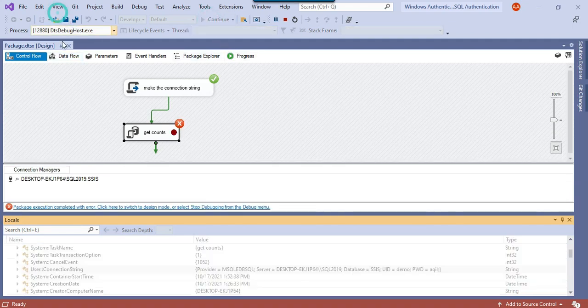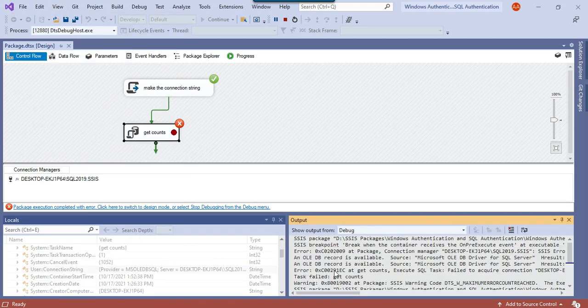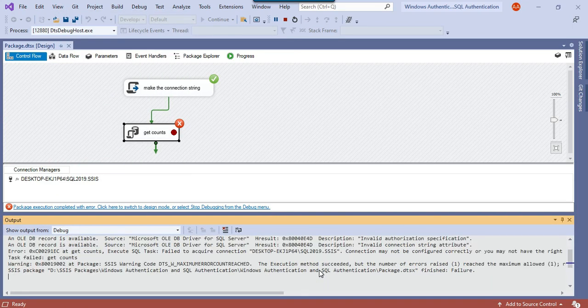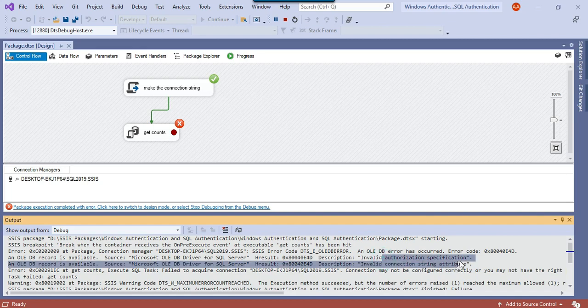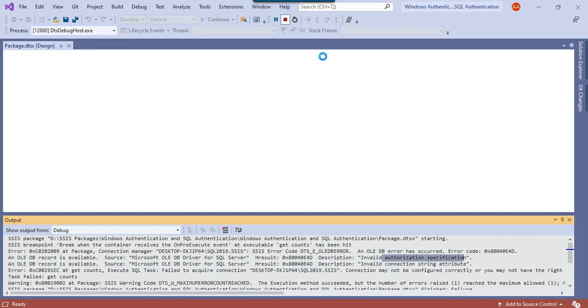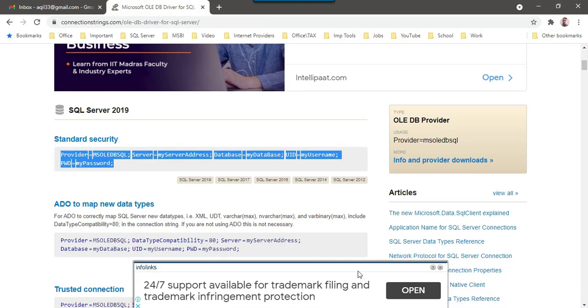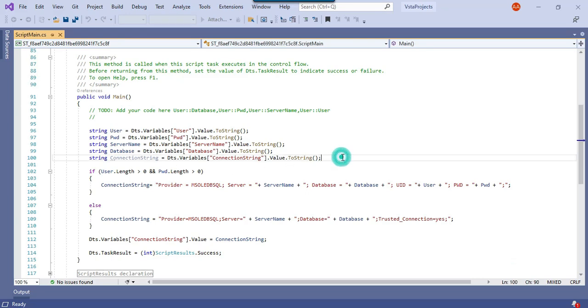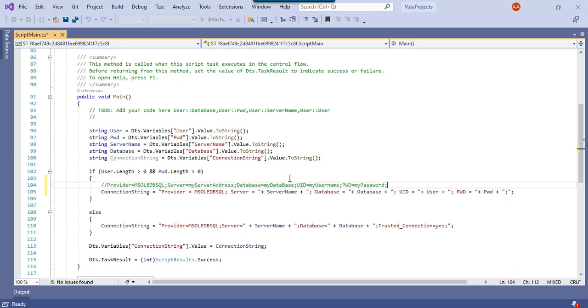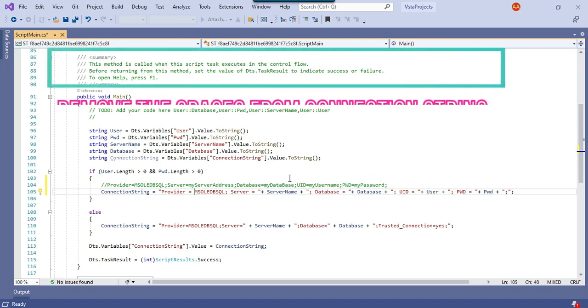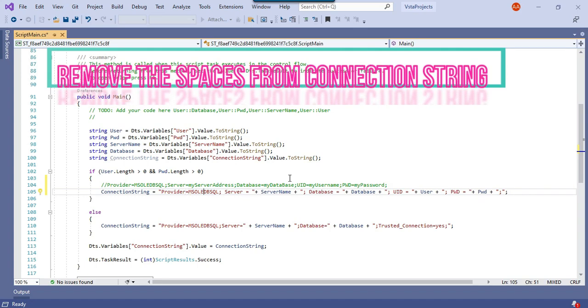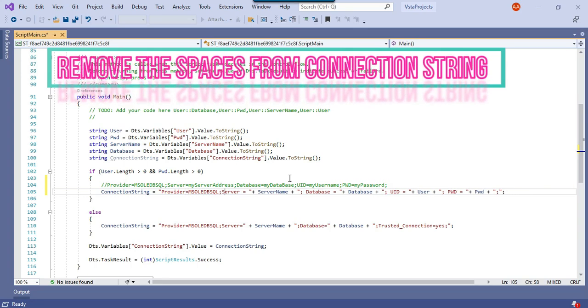Oh, what happened? Invalid authorization specification. Why? For example, if I copy this value from here and paste it here, the provider is this one, and the server name is this server name.